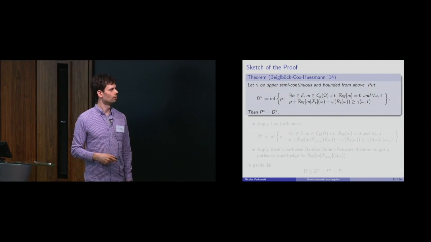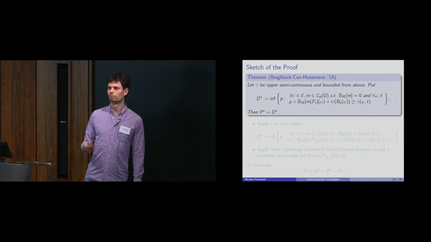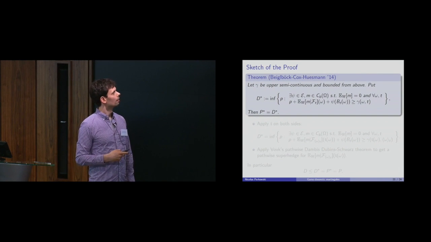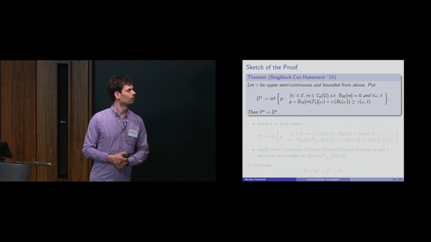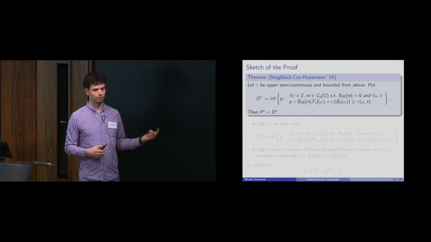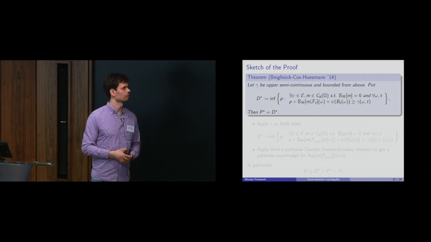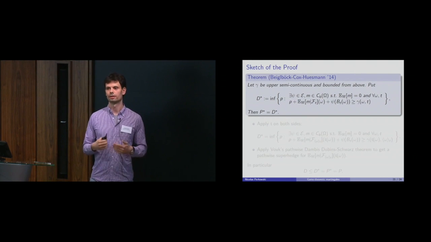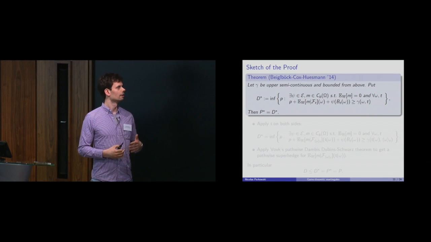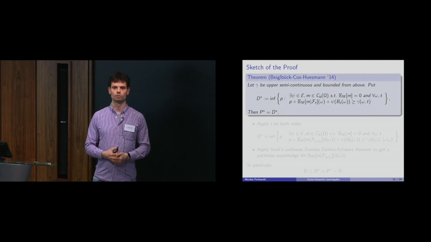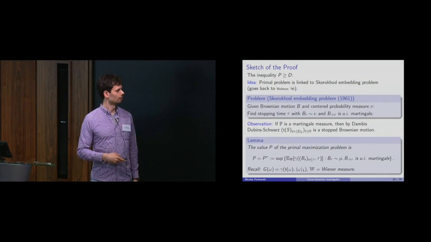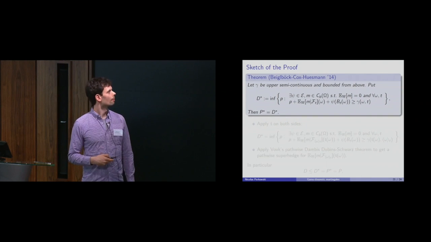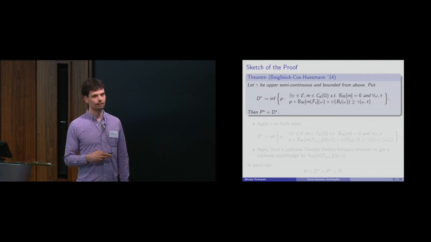Okay, so now we rewrote our primal problem, now we rewrite our dual problem. And then in the end we link these new primal and dual problems. And this is from some very nice work in which I'm not involved, but by the first 3 authors of our paper, so Beiglböck, Cox, and Huesmann, who have a really fundamental new work on the Skorokhod embedding problem, where they somehow systematically study the optimization problem associated to it. So this optimization problem that I showed you here, they really study this as a systematic problem. And they show that they have a duality result for that.